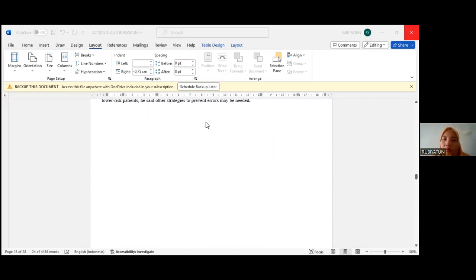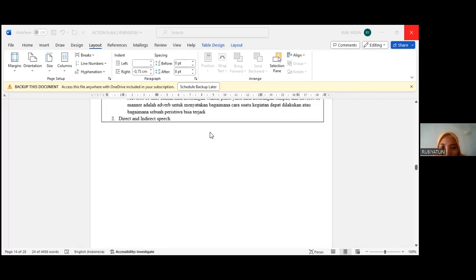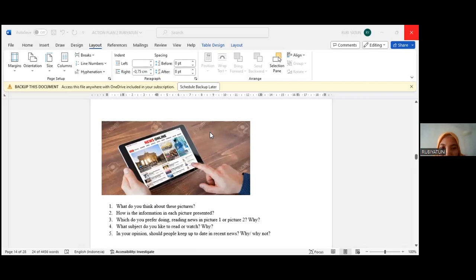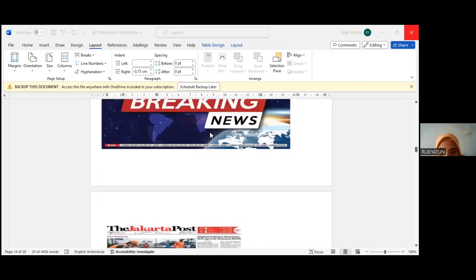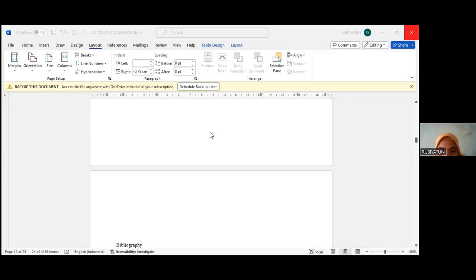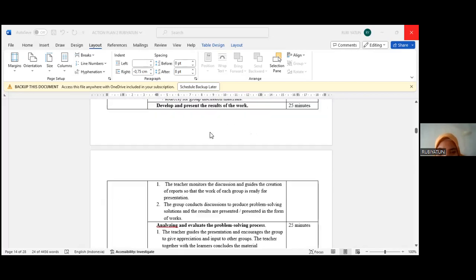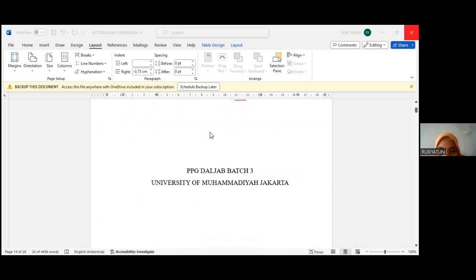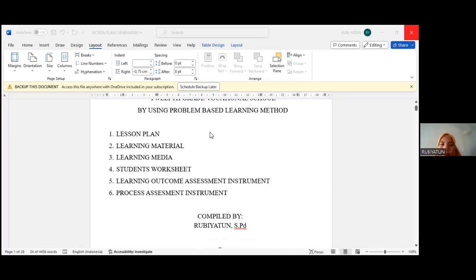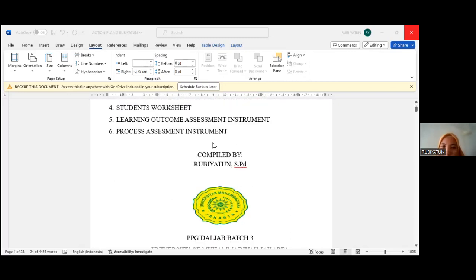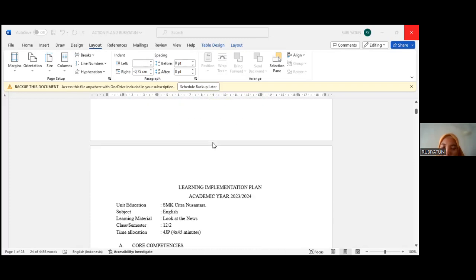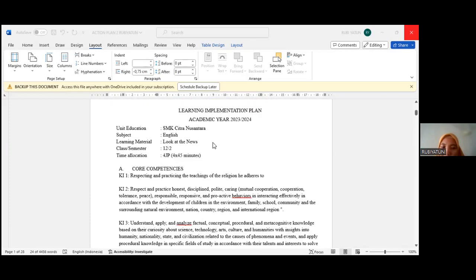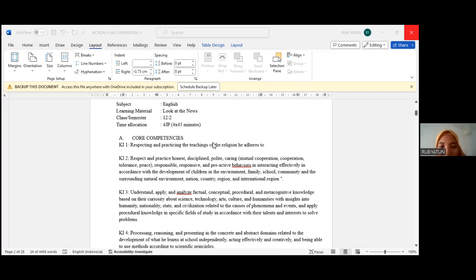Okay, I think your worksheet is very good, very complete, and interesting to discuss this morning. And I will give my opinion. Your title in the worksheet is how students get information from news. I think the students have to read the news and then analyze that news, what the news is talking about.